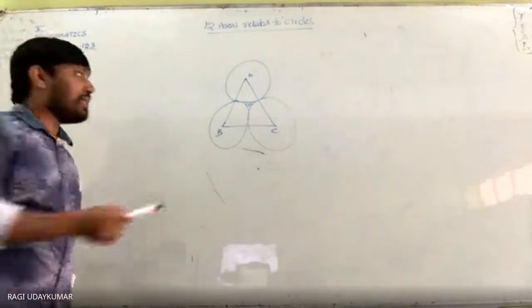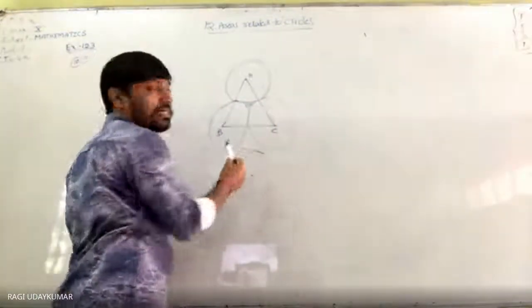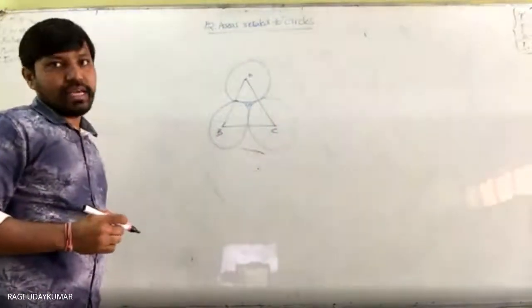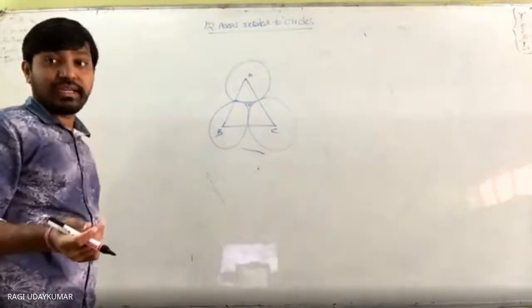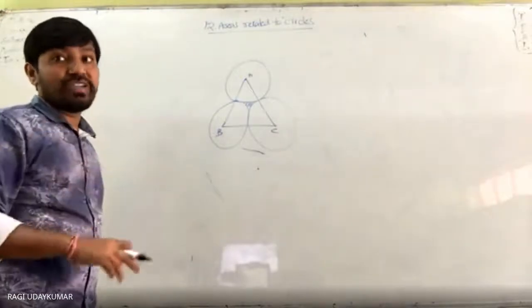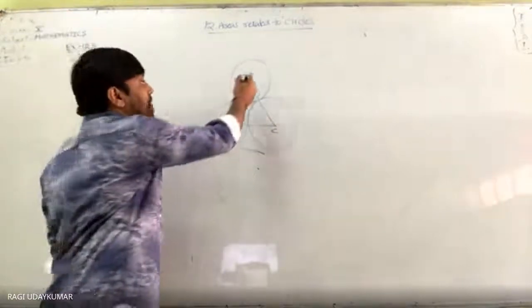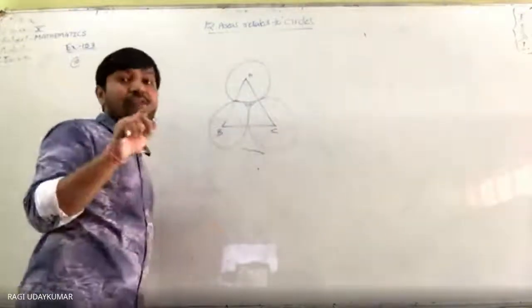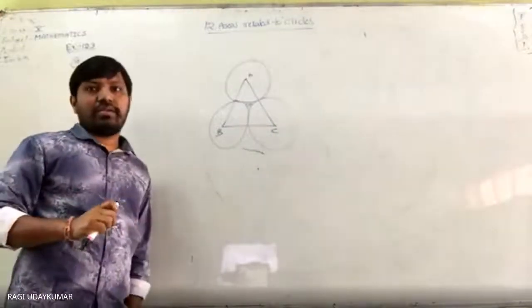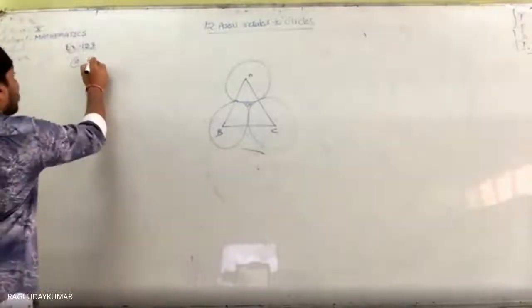So what is given here? The area of this equilateral triangle is given to you, and the side of the equilateral triangle we can find out. After finding the side of the equilateral triangle, half of the side of the equilateral triangle will be equal to the radius of the circle. Okay, in this problem, if you want to...